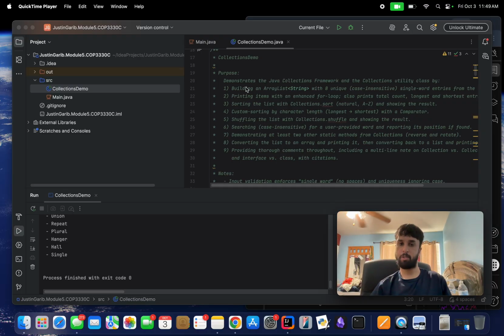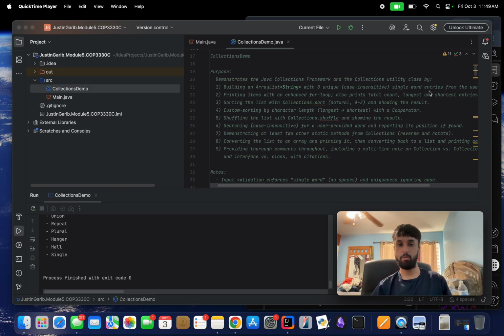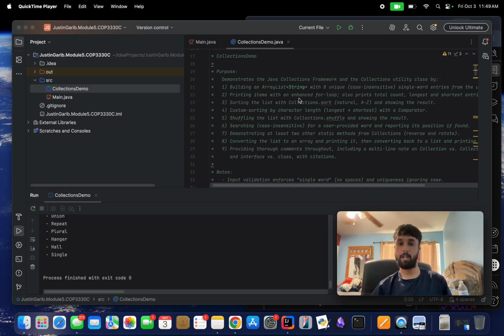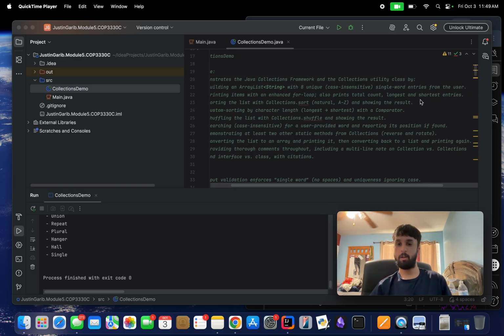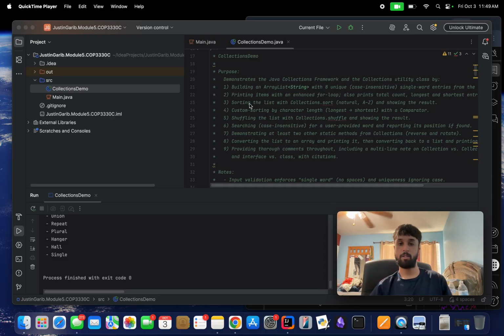Its purpose is to demonstrate the Java Collections framework and the Collections utility class by building an array with 8 unique case-sensitive single-word entries from the user, printing items with an enhanced for loop, also printing the total count, largest and shortest entries, sorting the list with Collections.sort naturally from A through Z and showing the result, custom sorting by character length, longest to shortest, with a comparator, shuffling the list with Collections.shuffle and showing the result, searching for